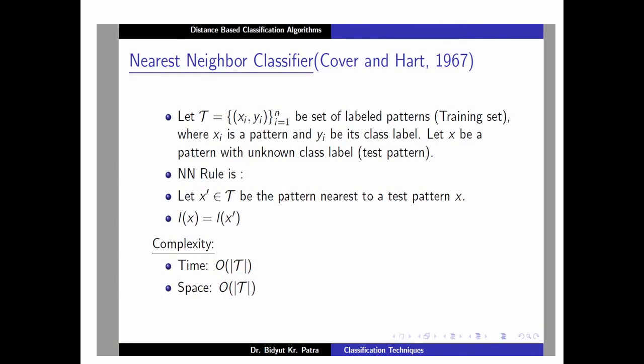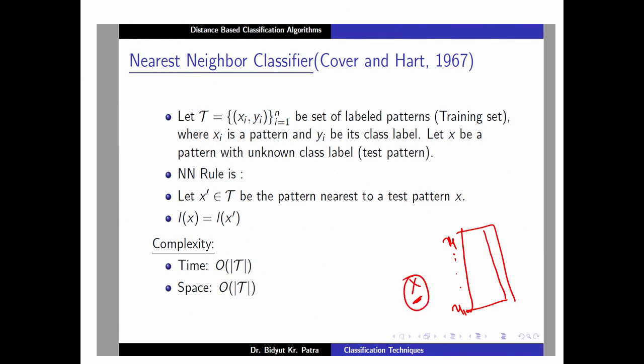You have to identify the class level of the unseen object x, and you have the training data set here, say x 1 to x 100 and so on, and obviously you have the class levels. So, what will be the class level of x? That we need to identify. It is very simple. This algorithm says you identify the point in the training data set which is closest to the point x, capital X.